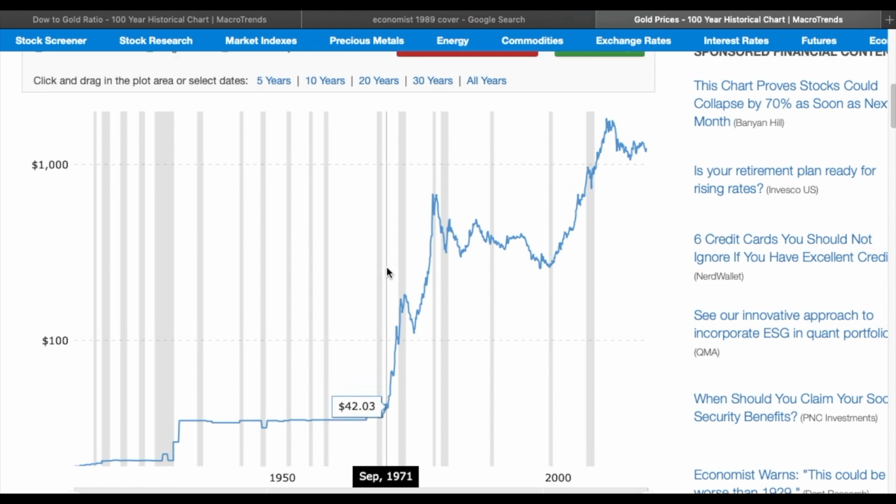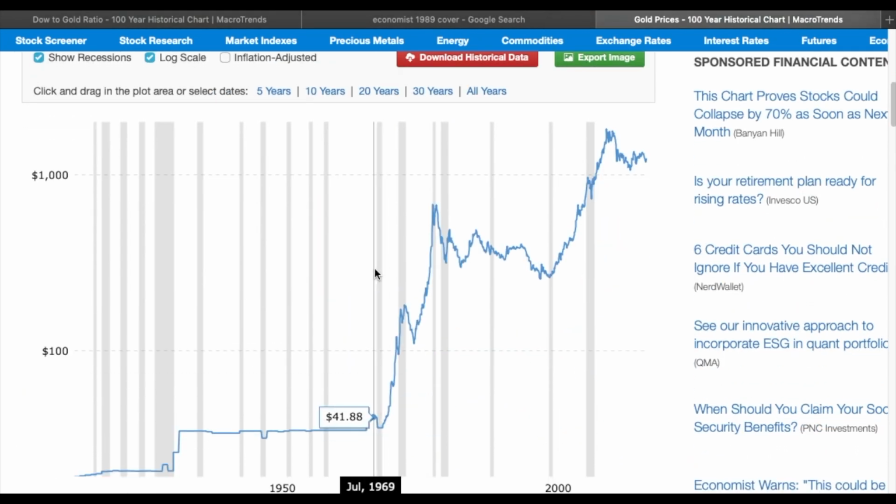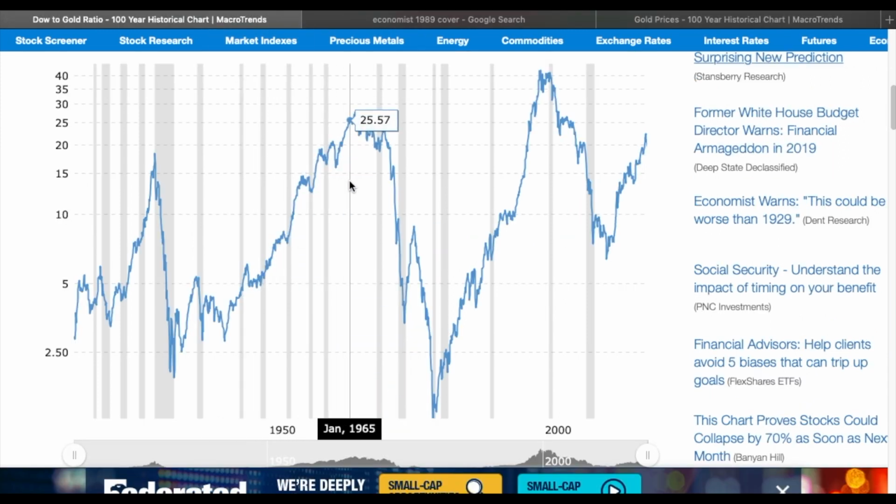The price of gold, I think from 1965, went from $35 an ounce to $850 an ounce. That was the high in 1981. And as you can see, this Dow Gold Ratio was over 18. The stock market didn't drop. I think it went up maybe about 100 points, or maybe 10%. It stayed stagnant a lot of years. However, with the inflation, it was actually about a 40 to 50% decrease in purchasing power.